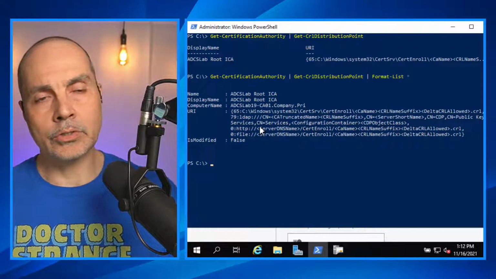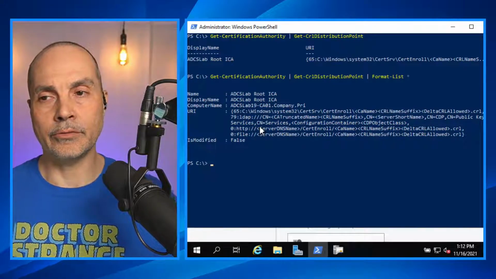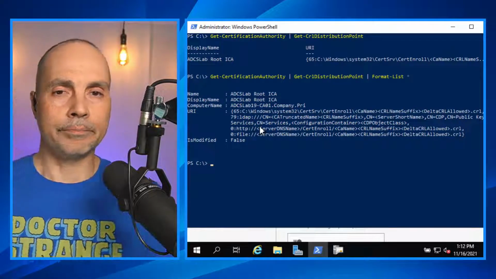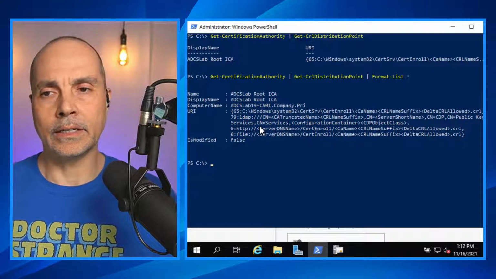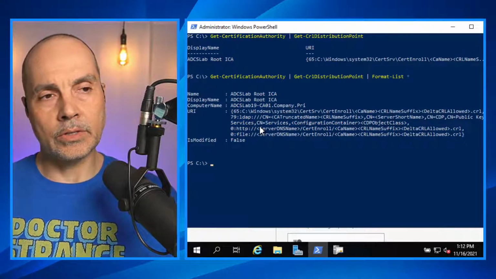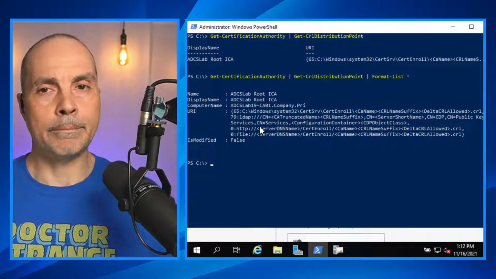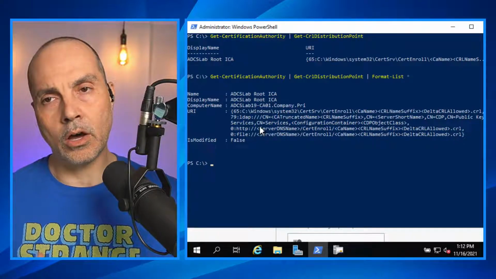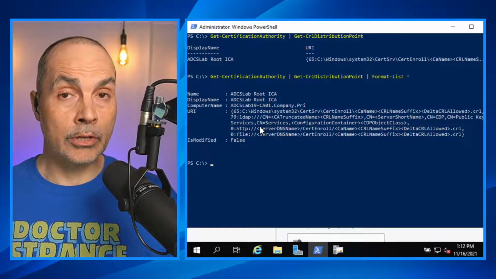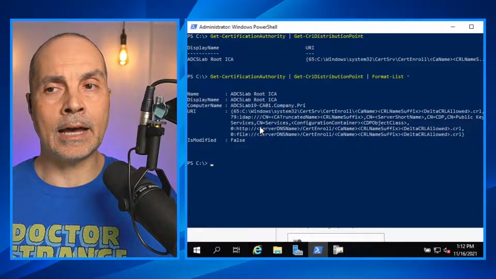So couldn't I just go in the registry and look it up myself, or couldn't I run command line commands and do the same thing? You certainly could, but the power of the automation that's rolled into PowerShell overall, and certainly in PSPKI, this could turn into